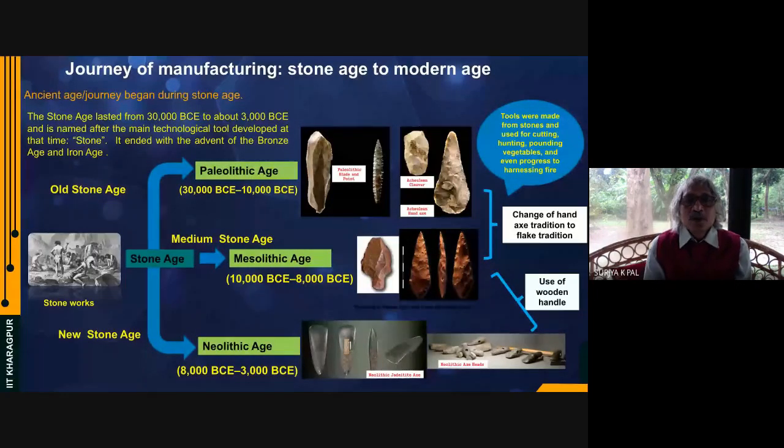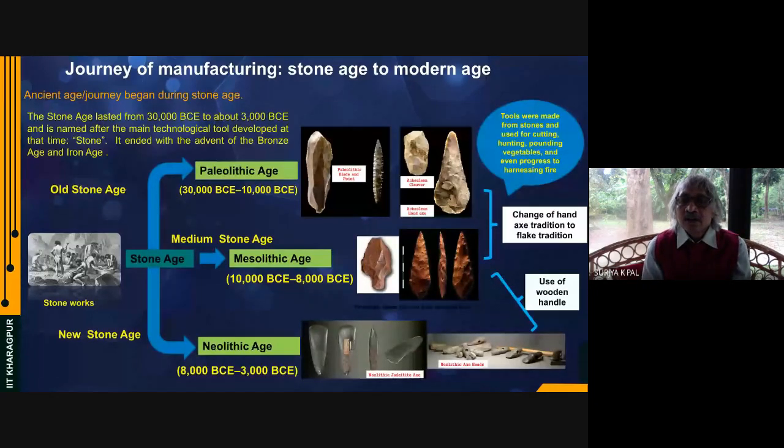Let us look into the evolution of manufacturing, when manufacturing got started. I think manufacturing started early in the Stone Age. If you think of the pictures shown here, starting from the different ages of the Stone Age, like the Paleolithic age, Mesolithic age, and the Neolithic age, you'll find that the shape of the stone, because the stone